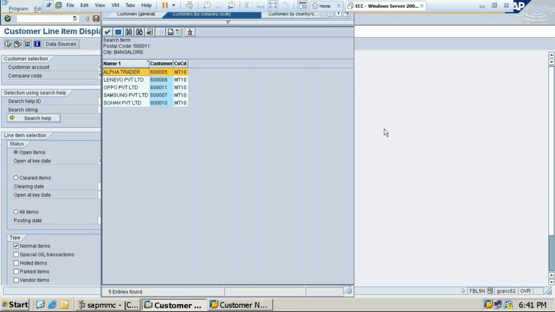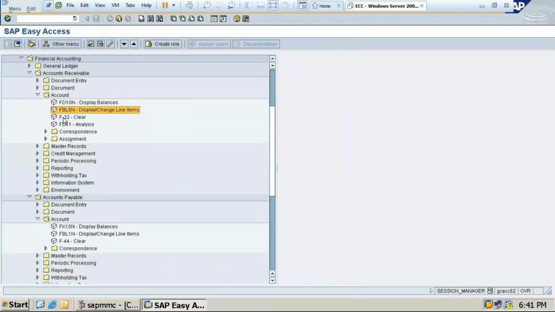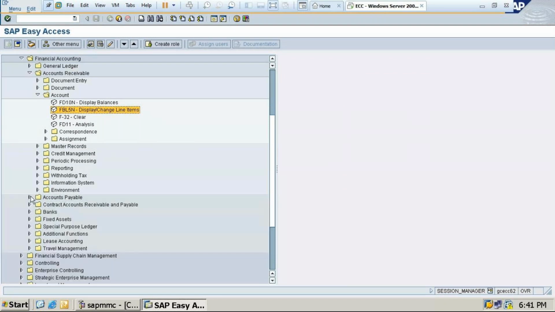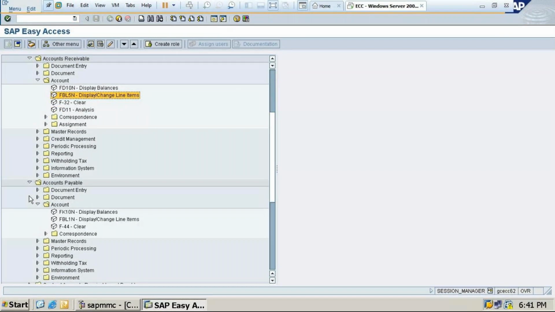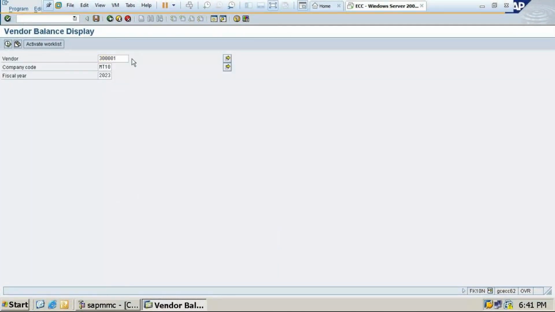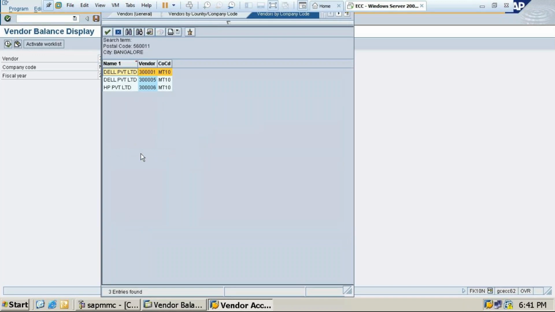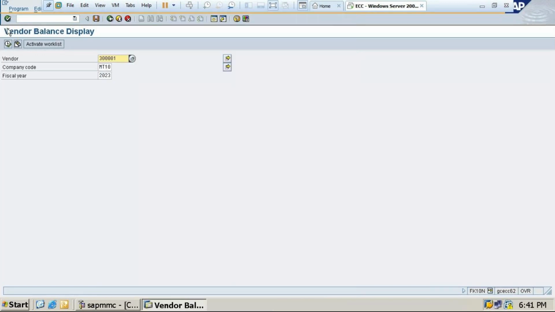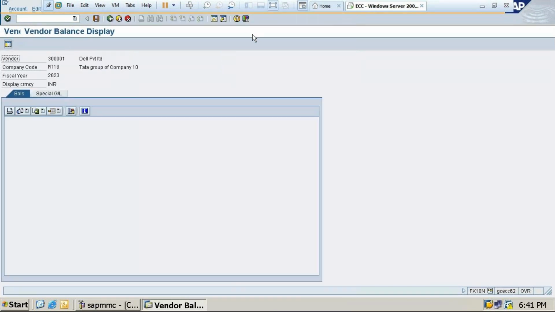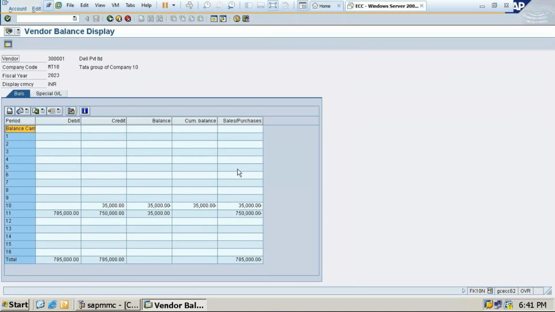I'll just go escape. Under accounts payable, here this is vendor line items. So I have to select which document number I want to see. Execute. So here it is showing